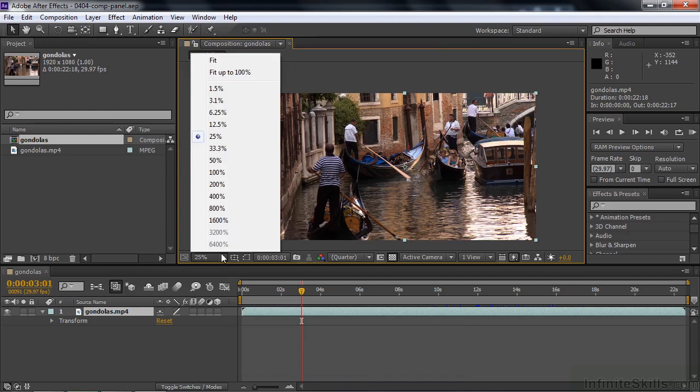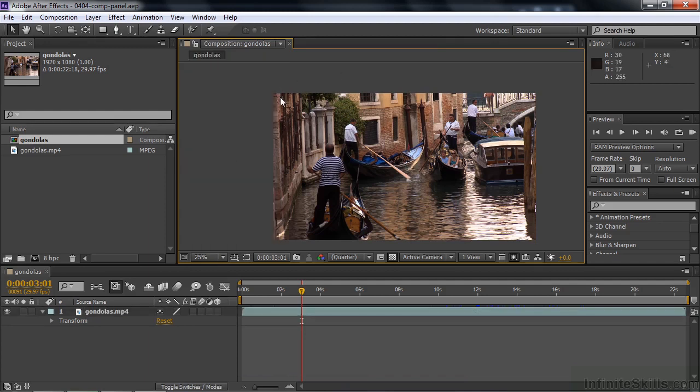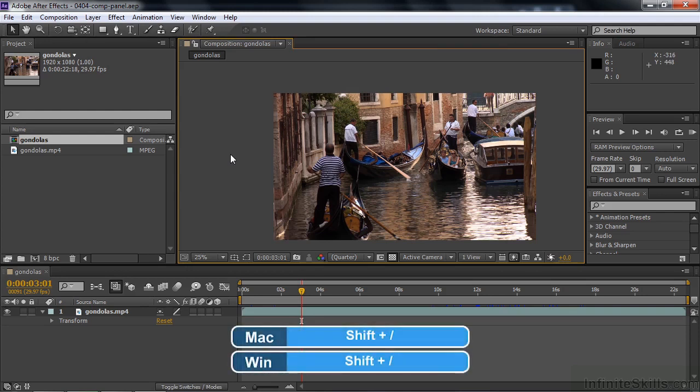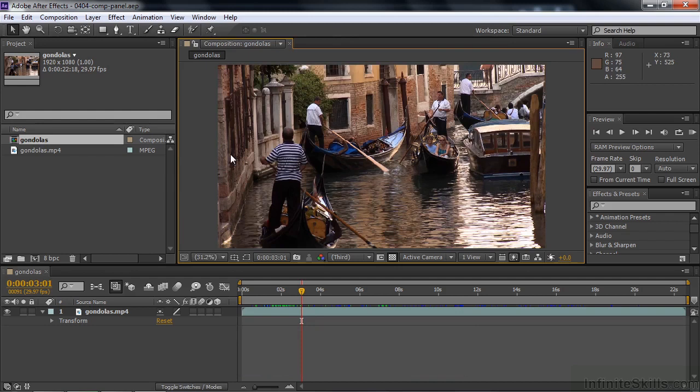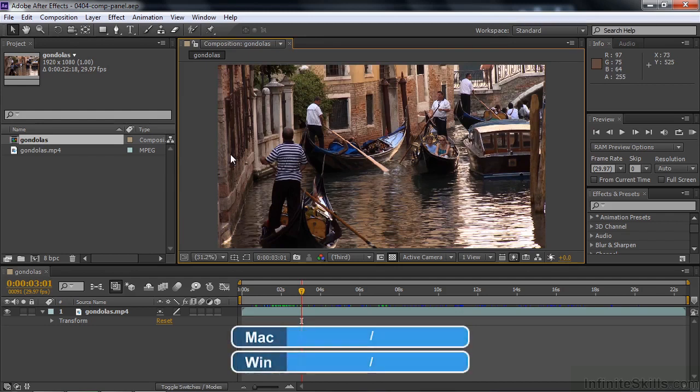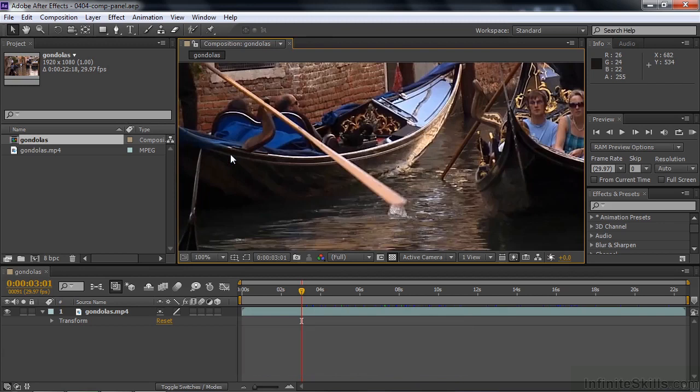to this flyout menu here and click on fit, but it's much easier to use a keyboard shortcut for that as well, and that's Shift /. That's the little / below the question mark. Shift / takes you back to fit. If you just press the / that takes you to 100%. That's 100%. This is all the pixels being displayed at 100% inside the screen here, which is not the same